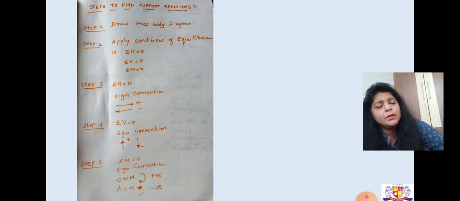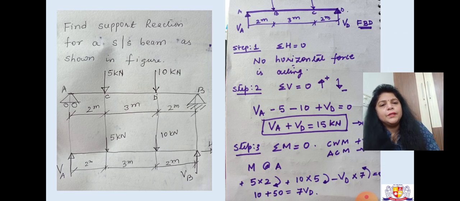Okay, now we come to the first problem that we have solved, that is find support reactions for a simply supported beam as shown in the figure. ठीक है, सिंपली सपोर्टेड बीम है, इसके ऊपर दो पॉइंट लोड एक्ट कर रहे हैं 5 किलो न्यूटन और 10 किलो न्यूटन का। ठीक है, सपोर्ट A है रोलर सपोर्ट, सपोर्ट B है हिंज सपोर्ट, C के ऊपर पॉइंट लोड है 5 किलो न्यूटन का और D के ऊपर पॉइंट लोड है 10 किलो न्यूटन का।